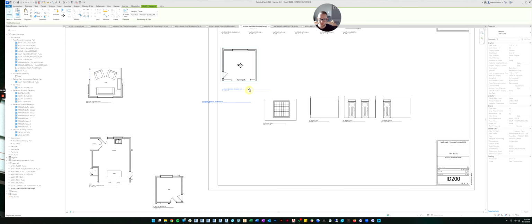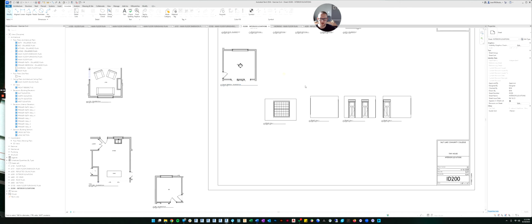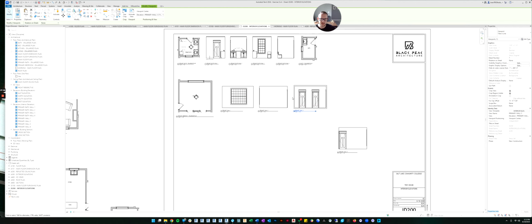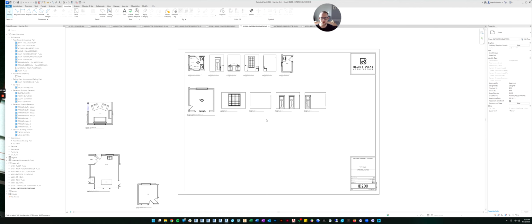And this view would come up here. And we want to change the end here. And then we could line up all of the interior elevations. And I like to keep, as best as I can, the same spacing between each view. So now it looks nice and orderly.